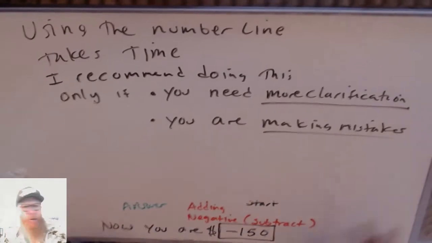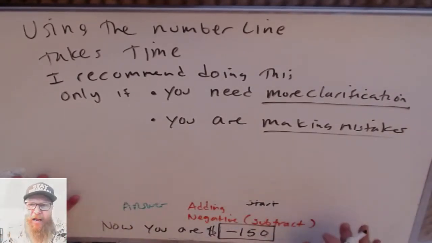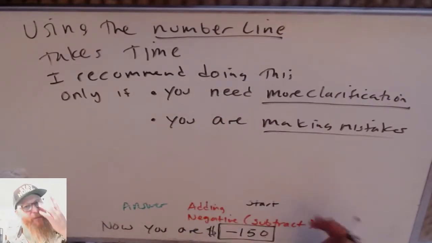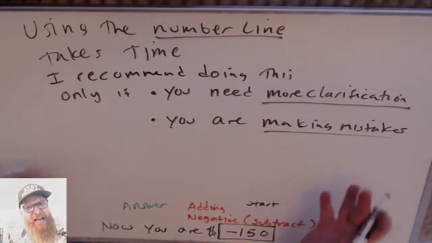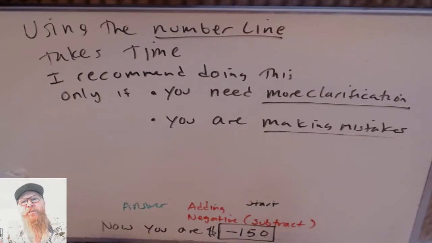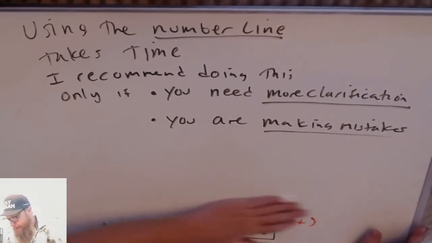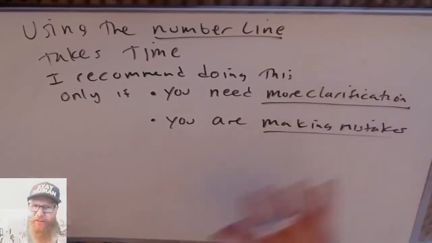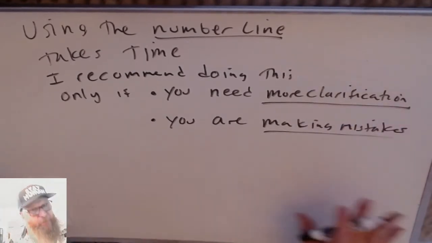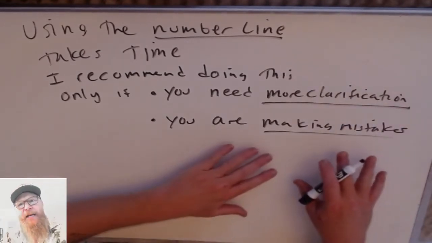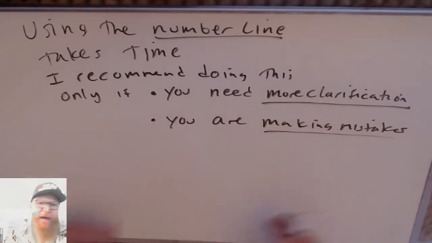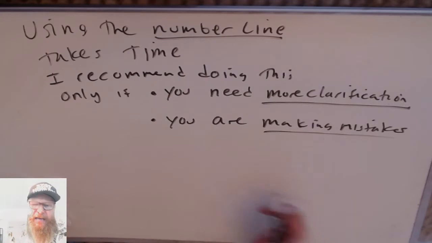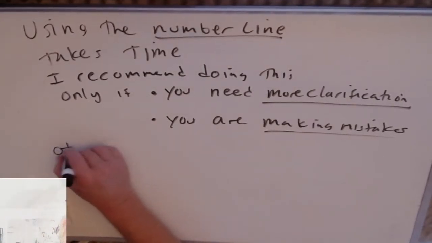If you're doing a problem without drawing the number line and you're making a mistake, then I recommend drawing the number line. The number line is sort of a safety net to keep you from making mistakes. But if the line is not going to make the problem more clear to you, and you're not making mathematical mistakes all the time, so the number line's not really there as a safety net,